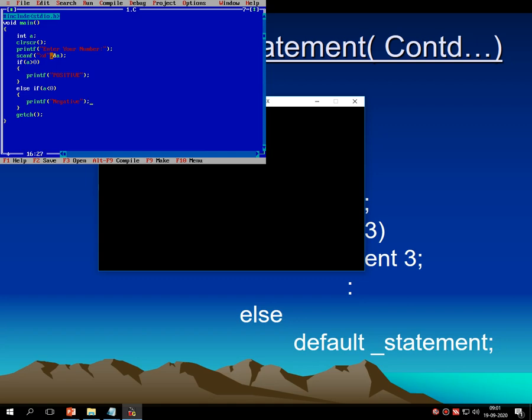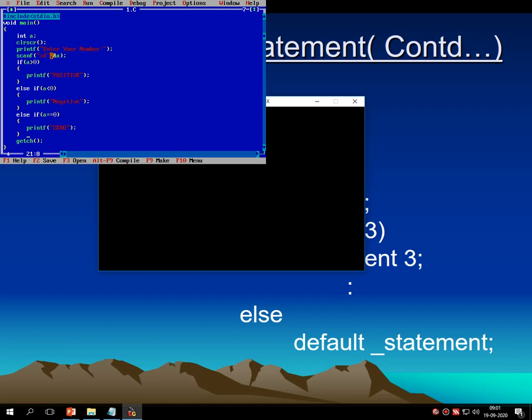Whenever the number is less than 0, those numbers are negative. Else if a double equals to 0, number is 0. That means simply I am writing 0.